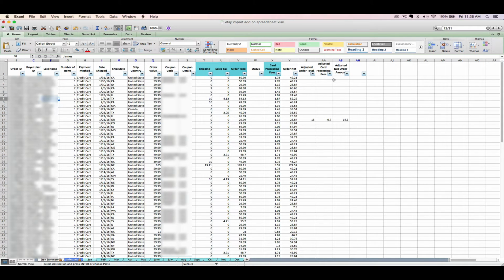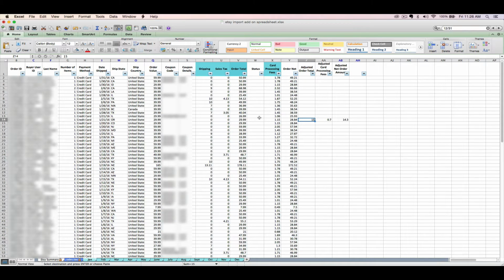These are going to be your adjusted order columns, and you're only going to have amounts showing up here if you issued a refund. The tricky thing is that Etsy's not going to tell you how much you issued a refund for. All right, they're just going to show you the after effect of the refund basically. So here I have an item that I sold for $29.99, and then after I issued a refund, the adjusted order total was $15. Okay, so that means that I refunded